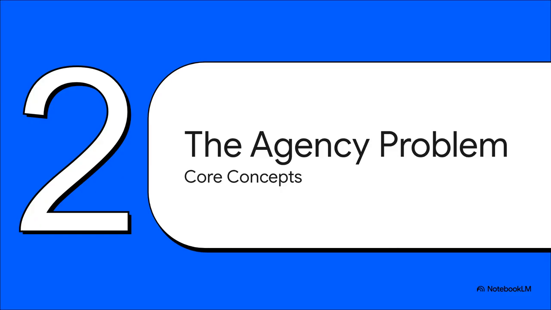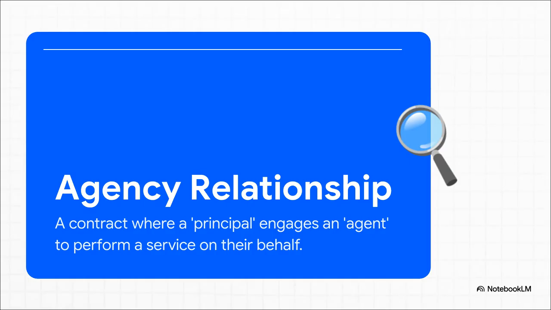So if the firm is just a big web of contracts, that leads us directly to the absolute heart of the paper, the agency relationship and all the costs that come with it. So what is an agency relationship? It's simple, really. Anytime a principal, say a shareholder, hires an agent, like a manager, to do a job for them, that's an agency relationship. And here's the rub. If we assume both the principal and the agent are just trying to maximize their own happiness, there's absolutely no reason to think the agent will always do their best for the principal. Their interests are bound to diverge.